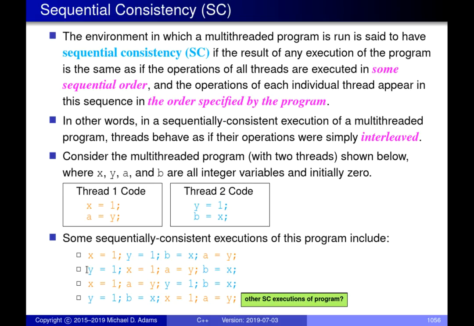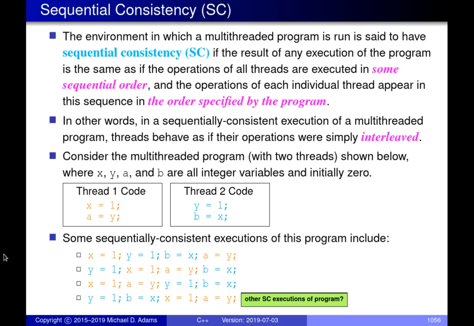Another thing that's really important with respect to concurrent programming is what's known as sequential consistency. There's a formal definition given at the top of this slide, which is rather long, but the basic idea is this: if you have a runtime environment which is sequentially consistent, then a multi-threaded program will run as if the instructions from the different threads are interleaved with one another. This is probably best illustrated by way of an example.